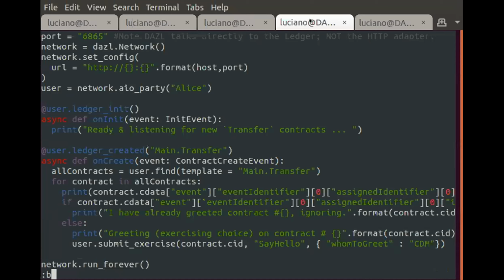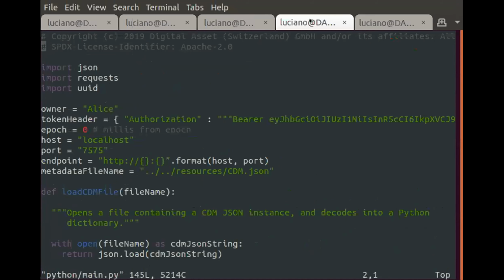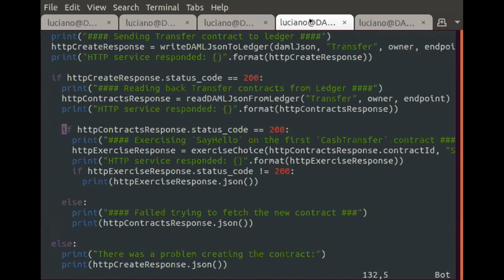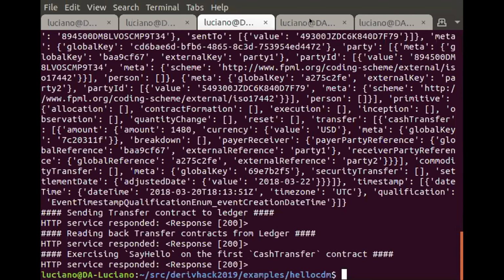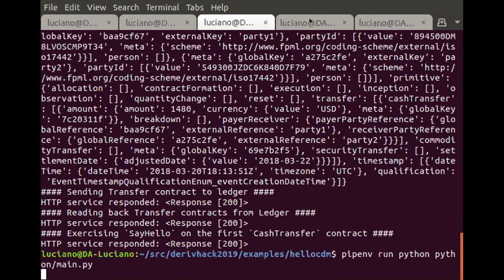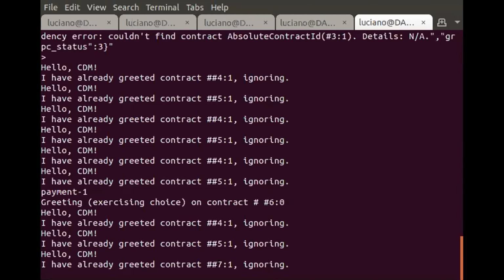We're just going to not exercise a choice from the first script. So let's look at the first script again, and I'm going to comment out this bit that says exercise contract. In fact, we're just going to quit the program early there. So let's try that one more time. And yeah, you see we're creating the contract, reading it back, but we're not actually exercising it. And so if we look again at the output from the bot, we can see that it's greeted us,